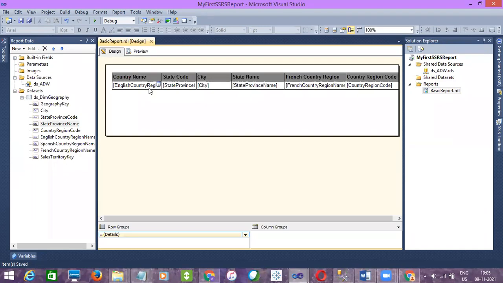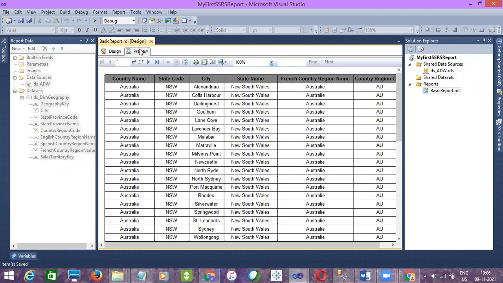Each box here we call a text box, okay? What you need to do is choose the tablix, or maybe the column header. Highlight the full column header, and here you can see center, right? Click on that, it will go center. And the same for the row: highlight the row and click center. Somewhere here I should expand a bit. Save it, go to preview. You can see now all the column headers are at the center and the values are also in the center instead of the extreme left, right?